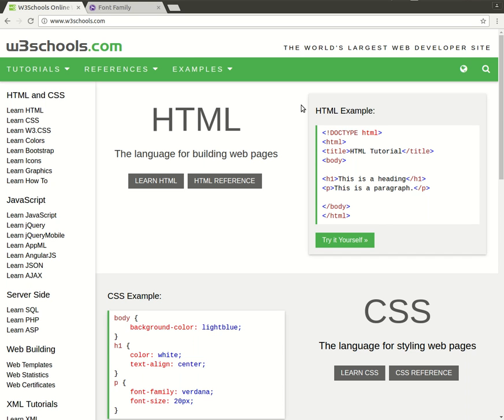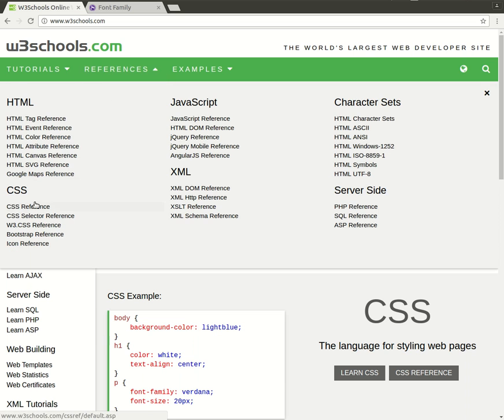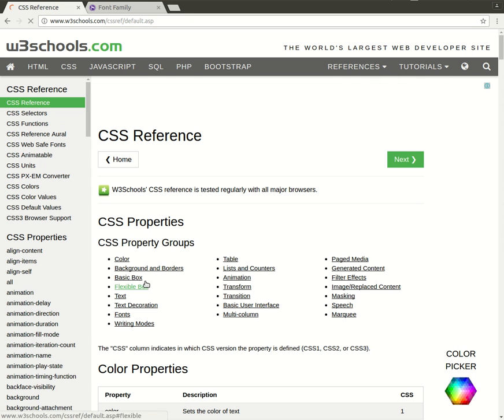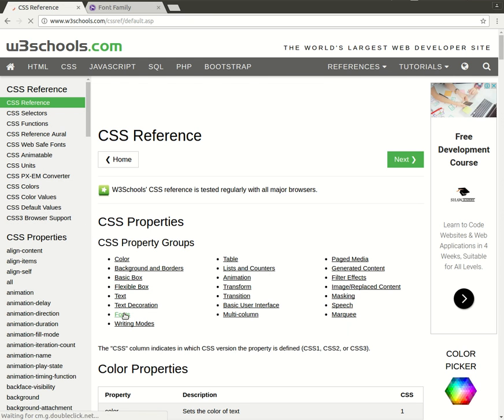Hello everyone, my name is Ryan, and in this lesson I'll be teaching you how to set the font. And we do this by using a CSS property known as font-family. So I'm going to take you to W3 Schools again, to the CSS reference, and specifically looking under fonts, and